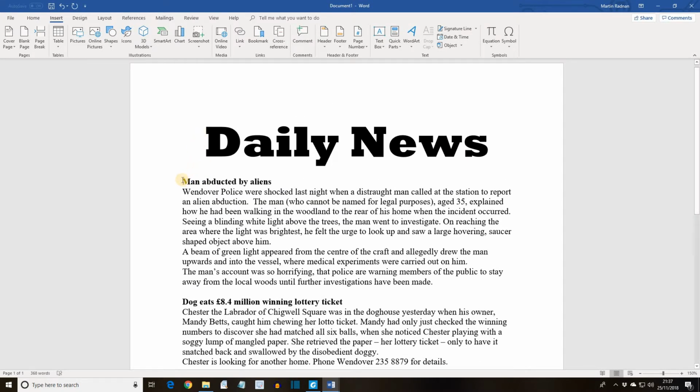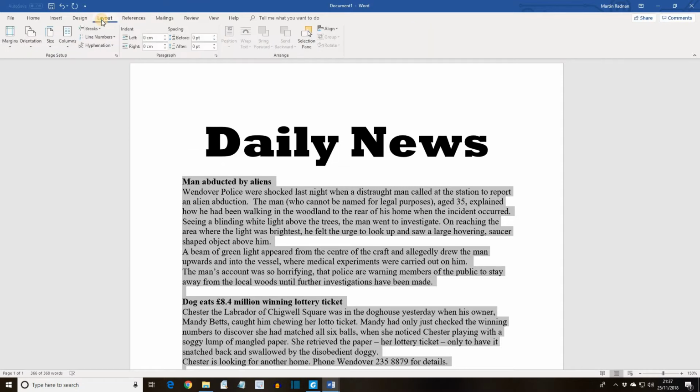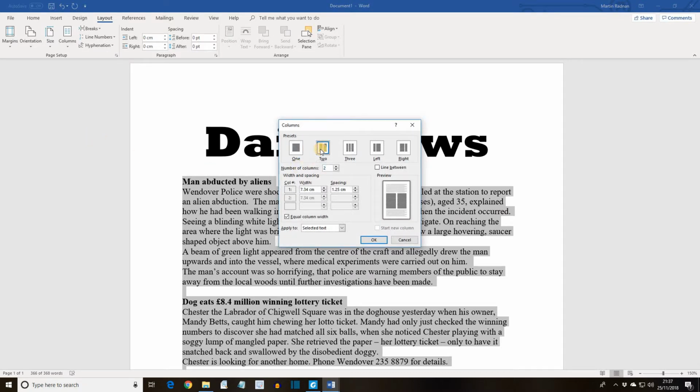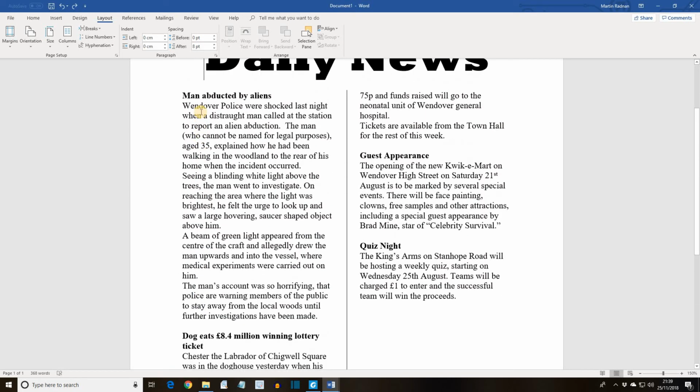With the cursor at the beginning of the text, display the Page Layout tab and click the Columns button, go for More Columns and then 2. Also, while we're here, what I'd like to do is to put a line between. Now if you see here's the preview where it's showing an example of the 2 columns. If we put line between, it'll put a little line in between there. Also, we want to ensure that it is applied to this section. Then press OK. So at that stage what we should find is the text has been split into 2 columns,